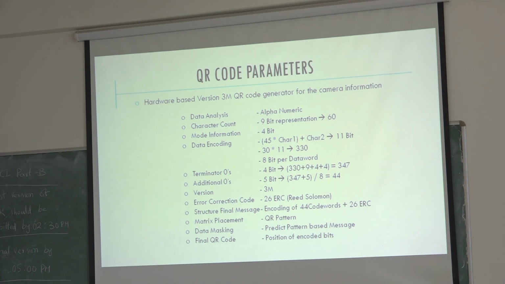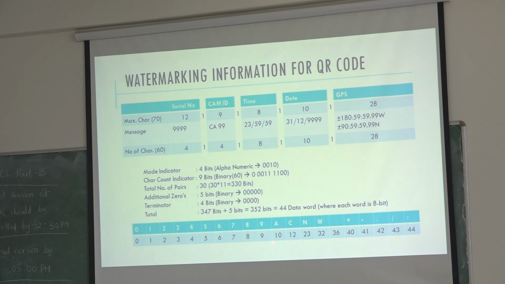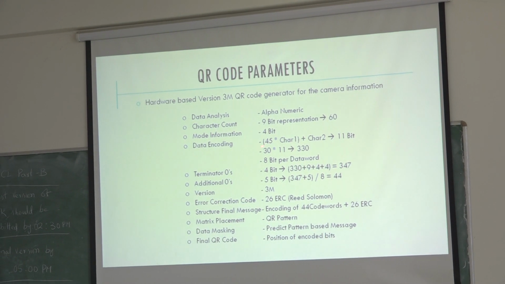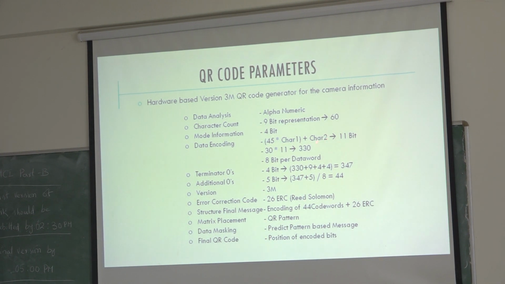If it is the alphanumeric mode, the first character will be multiplied with the maximum number of symbols, that means 45, and then added with the second symbol. Each character is represented with some value. 0 to 9 as 0 to 9, then A will be 10, B will be 11, C will be 12, and it continues. Space will be represented as 36, plus will be represented as 40. These are the symbols we used in the message. So we grouped them and took the respective decimal values. The first decimal value we multiply with 45 and add with the second decimal value.